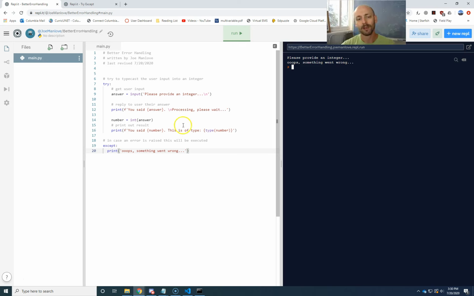This goes with your newfound powers to declare your own errors. I'm not going to declare my own errors, I'm just going to show you the more advanced version of a try except block. So basically the structure of this is that there's a try. Let me keep some of that. Okay, so the try block